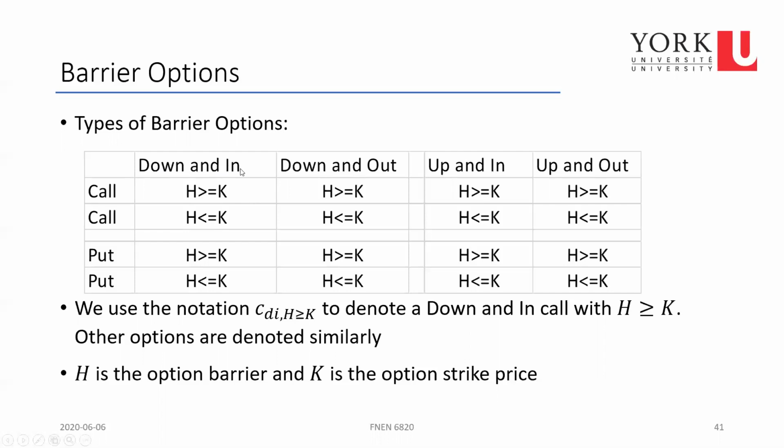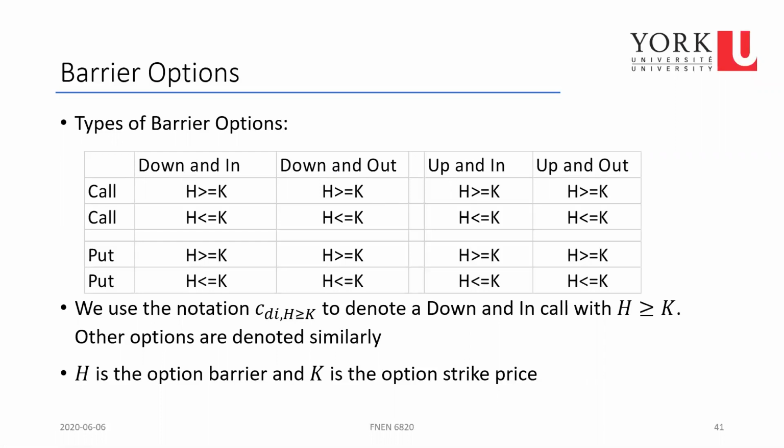That means the option is not really exercisable. Or you can have a call where you require down and out. That means if the stock price was lower than a particular level, you don't have this option anymore. So this option becomes not exercisable if the stock price is lower than a particular